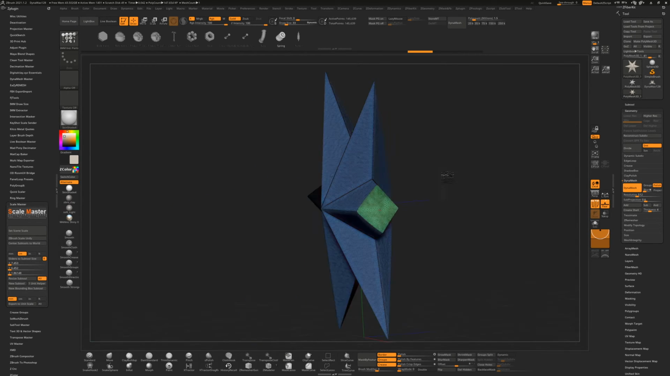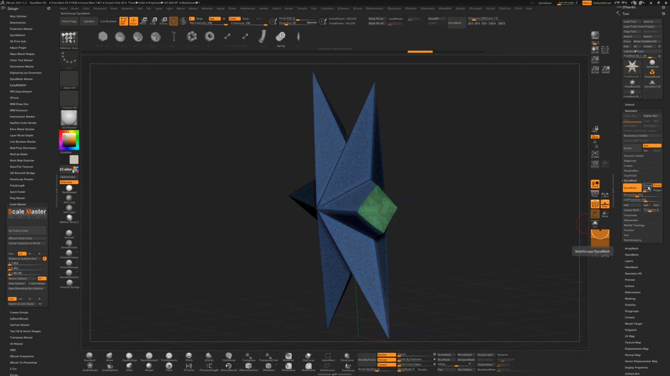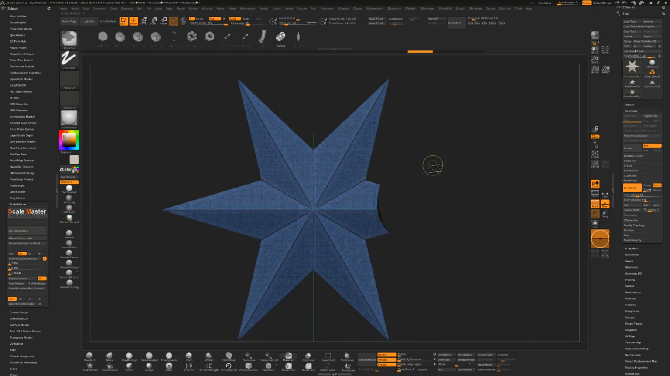There you go. So if you run Dynamesh, it will remove your polygroups unless you say groups here, multi-groups Dynamesh. So it'll remesh this group, then it'll remesh this group. So I'm going to do a trim curve again. The trim curve works in a way that the shadow facing side is where the cut will be. And there you go. I don't know why it didn't do the symmetry, but if I want that symmetry,